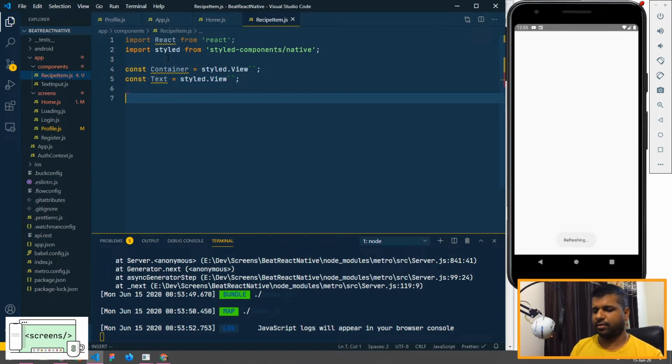Okay, and then we'll have a function called recipe item. We spread the props here, so the props would be title, let's see, and ingredients and underscore id.